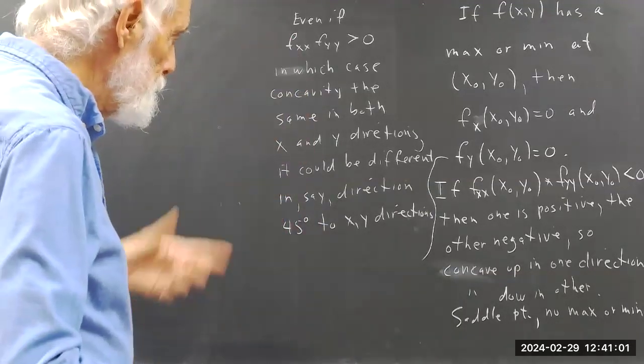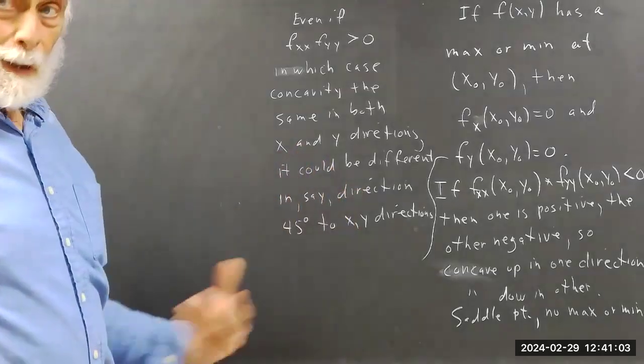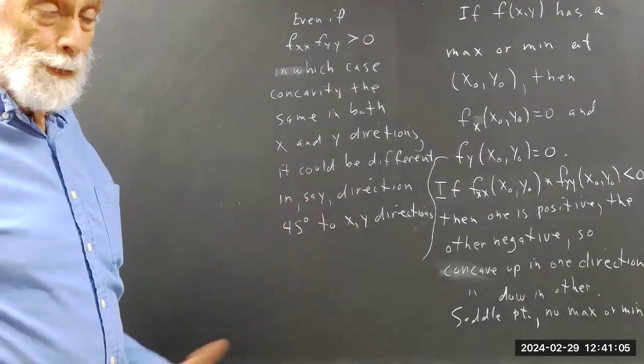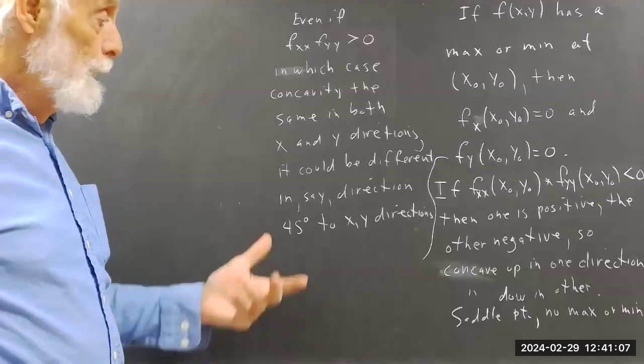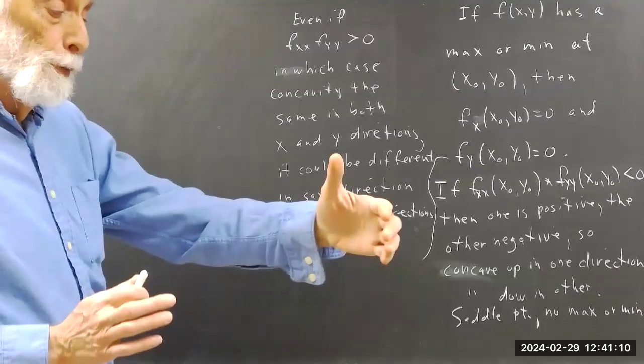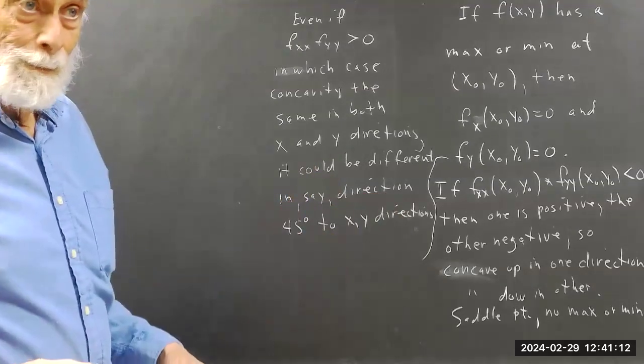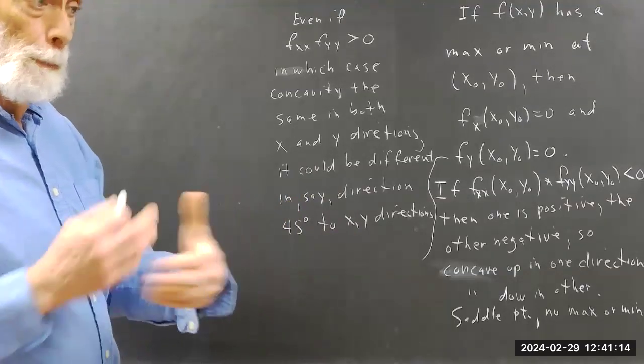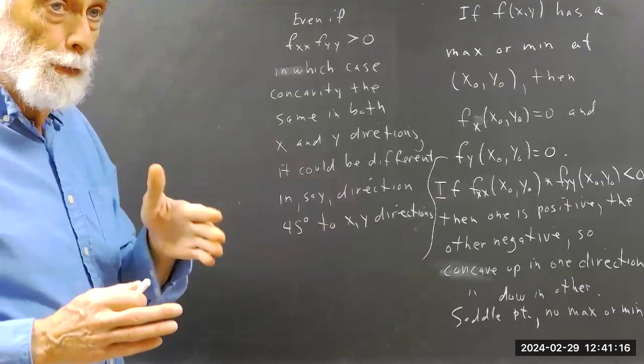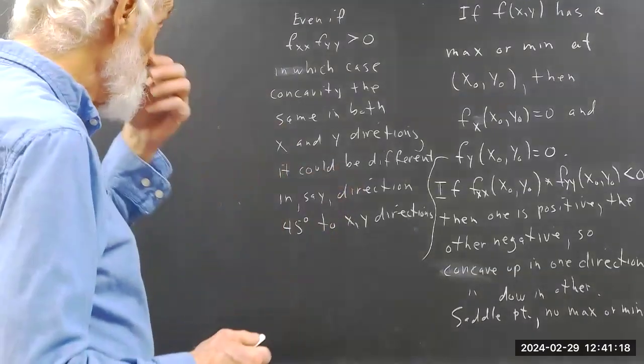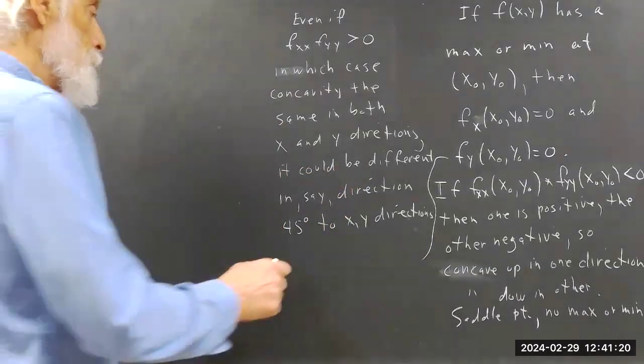I could wave it with my hands, but it wouldn't make any sense. You think about it, you look at the pictures. It's entirely possible to have a saddle point that does that. Okay, you just rotate your saddle. And maybe it's up in both directions, but it's down if you move off at 45 degrees in some other direction. So the test